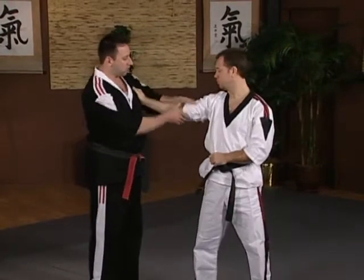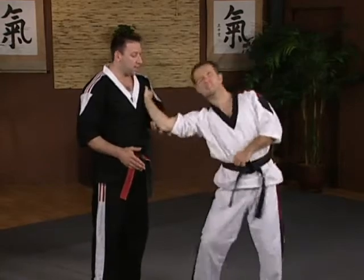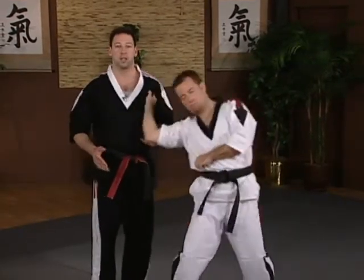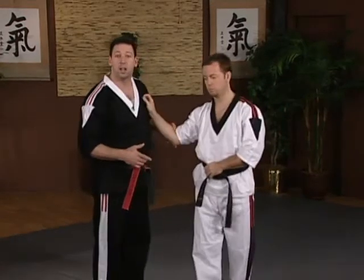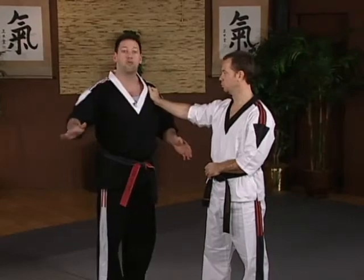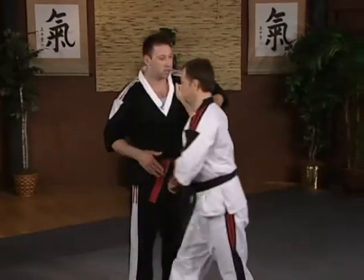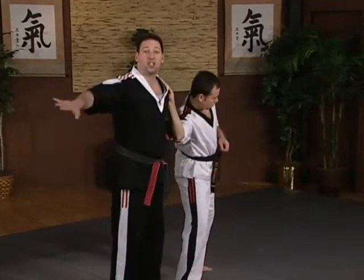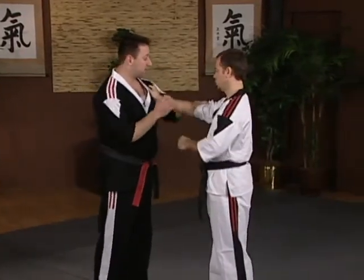I use these 2 points for what I call directional self-defense. I bring this point, usually if I want to bring him across, and we'll use the lung 5 point if we want to bring him in the other direction. So again, when you're dealing with multiple opponents or different situations where you need to control, we want to be able to bring him this direction and bring him in that direction to shield ourselves from other attacks. So any type of grabbing attack, if he does a single grab,